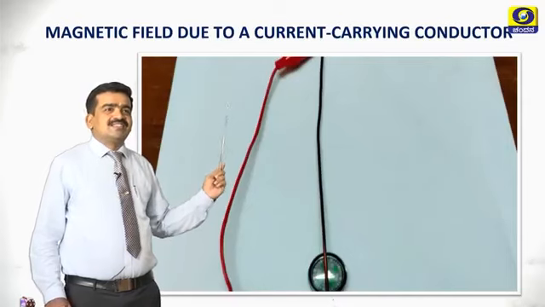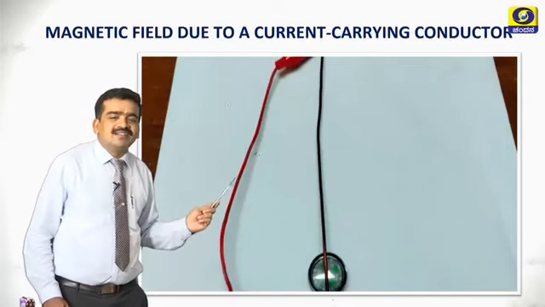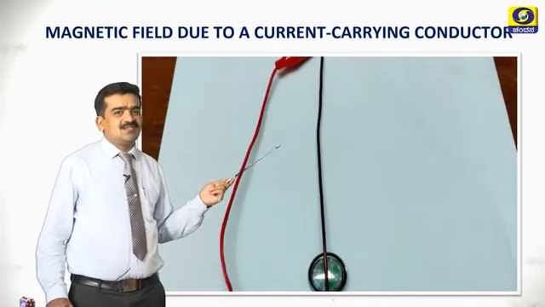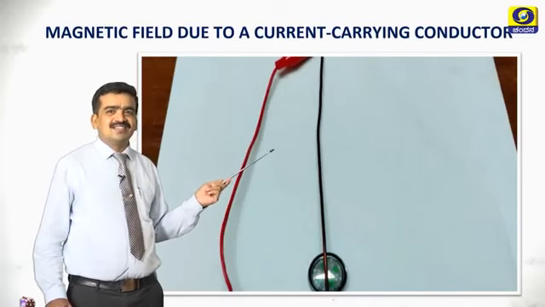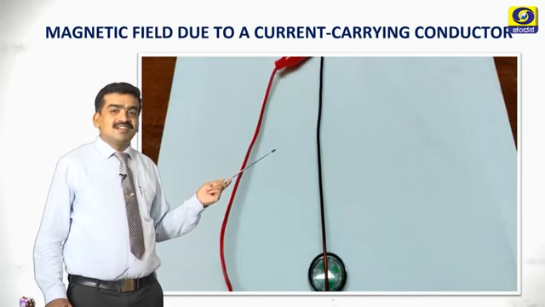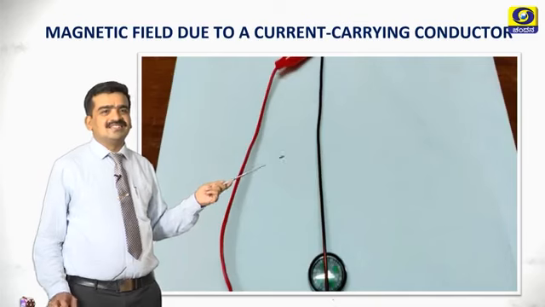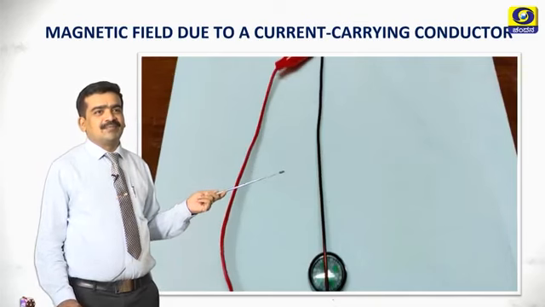My question is, what happens when a current is flowing through a conductor? There is a flow of charges. That is the thing you know. There is another phenomenon along with the flow of current. Let us see what that is.